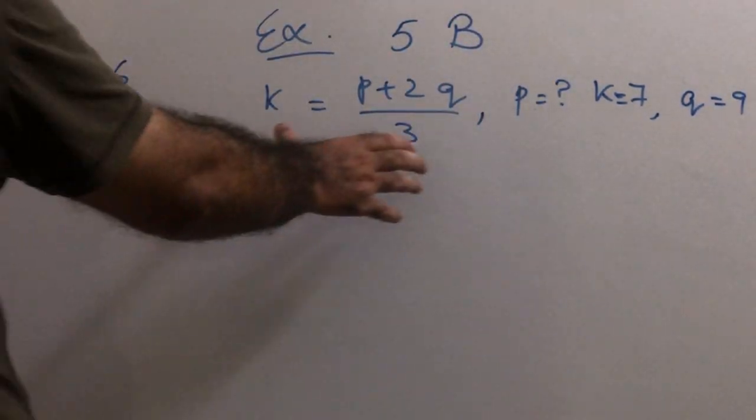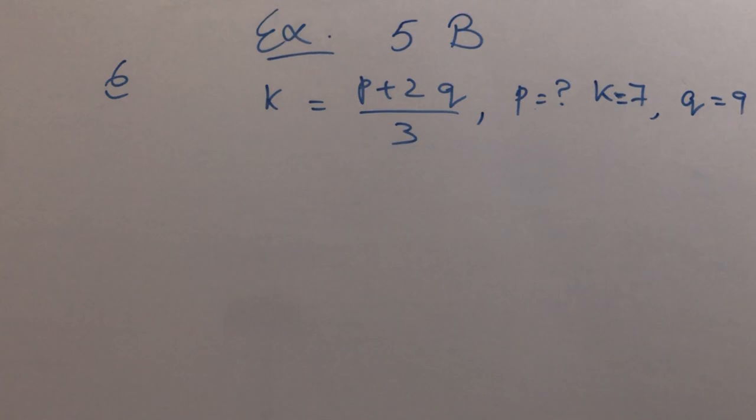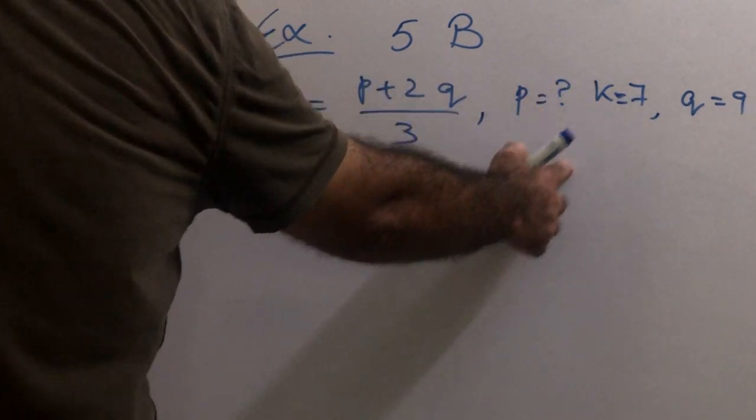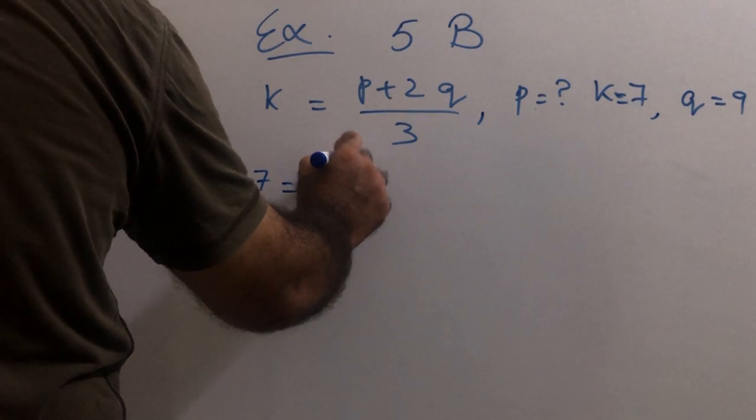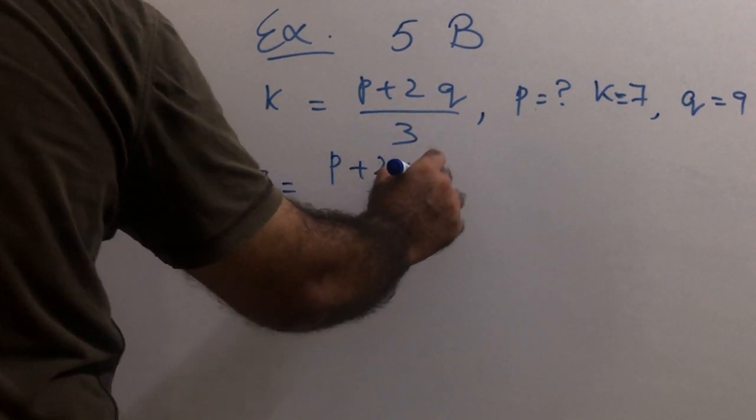So this equation is given, formula is given. We need to find the value of P. We'll plug in the values of K and Q in this equation. So we'll start from this. K is equal to 7. Put 7 here. P is unknown. 2 into Q is 9